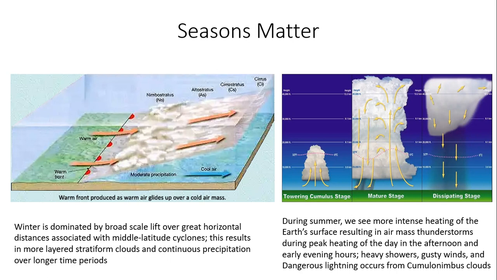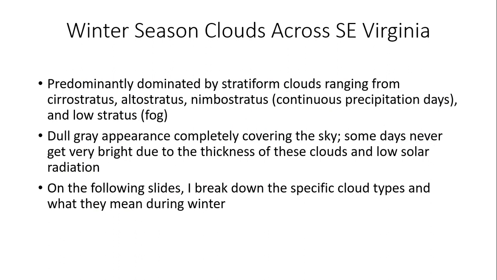starting with the towering cumulus stage on the far left. The middle part of that graphic shows a mature stage, where we're at max intensity of a thunderstorm. We have rain falling down out of the cloud. We have the gustiest winds with the mature stage of the thunderstorm. The cloud reaches its tallest height, and then eventually cooler, rain-cooled air just descends out of the base of the thunderstorm, and it dissipates the thunderstorm in general. All right, so